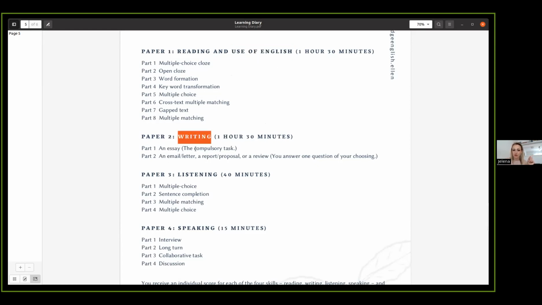Writing is 20% of the score, listening and speaking as well. So this means that reading and use of English is actually worth 40% of your total mark, the total